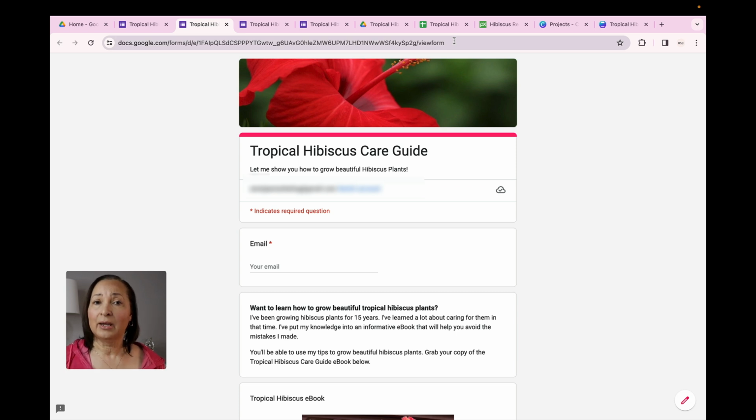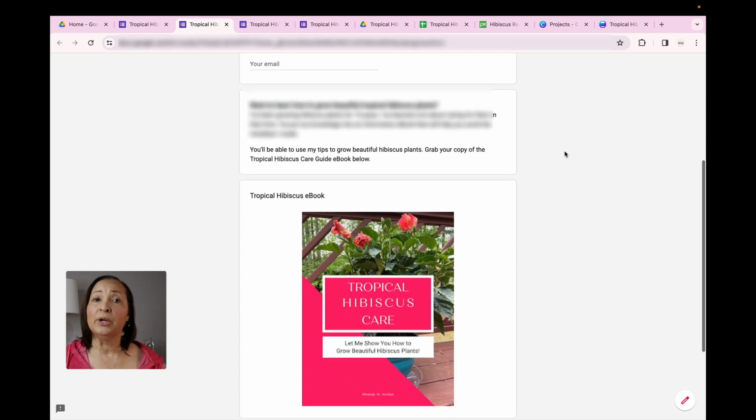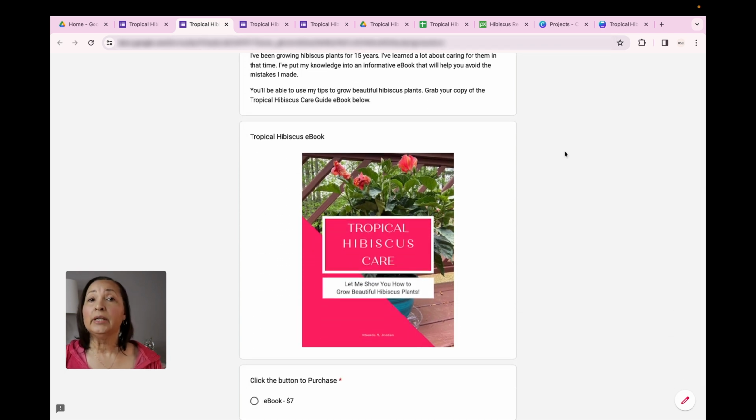And then the final thing is you don't have the ability to offer multiple options. So let's say, for example, you wanted to offer an ebook and then a second option where you had an ebook and, let's say, instructional videos. It's difficult to use this type of document in order to do that. So I just want you to be aware of that. And I'm also going to link a video above that's going to give you what I feel are better options for you to use as you are selling your digital products online.